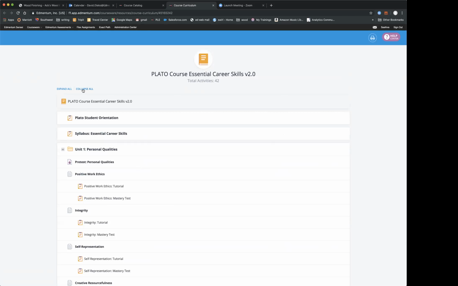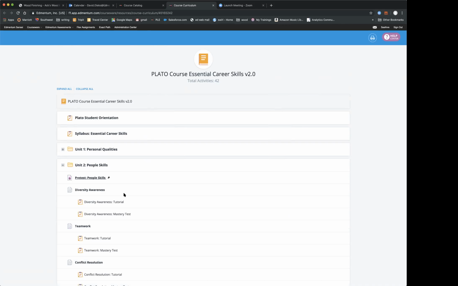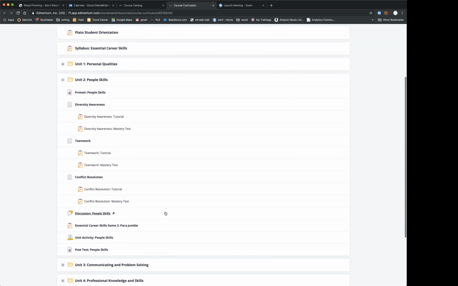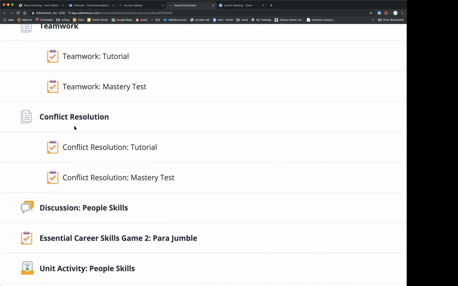These are things like a person's personal qualities, people skills, communicating, problem solving, professional knowledge and skills, technology knowledge and skills. And do you know what one of the number one things employers ask for when hiring is? It's this right here, conflict resolution.